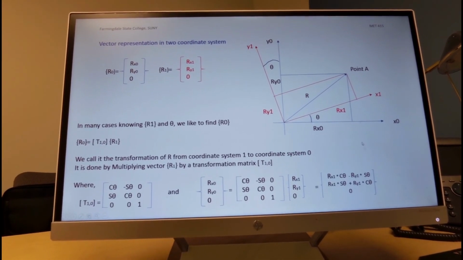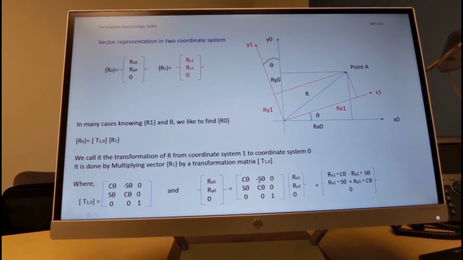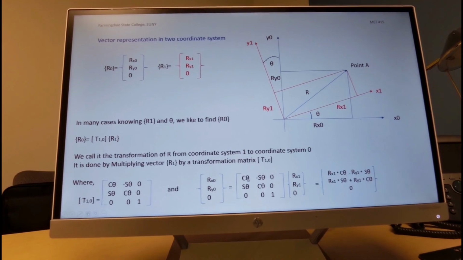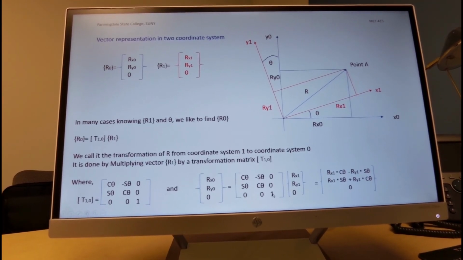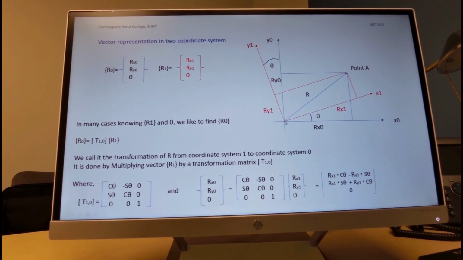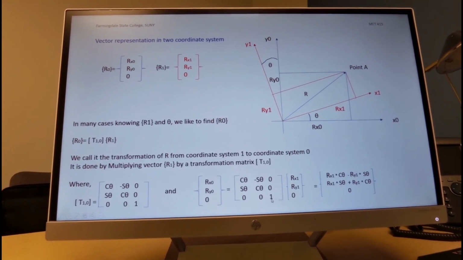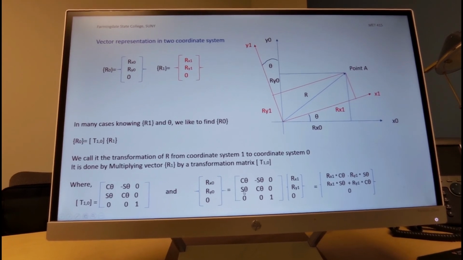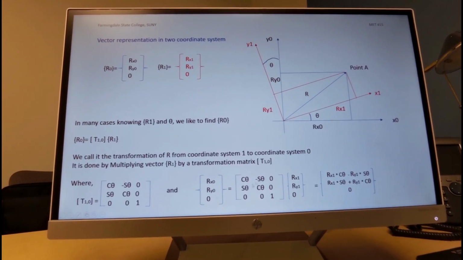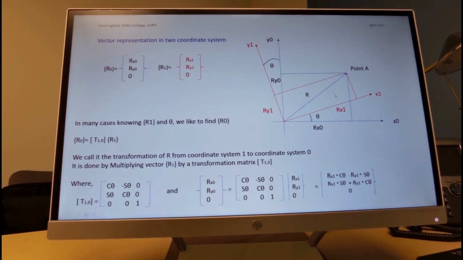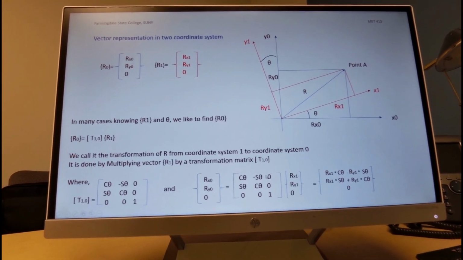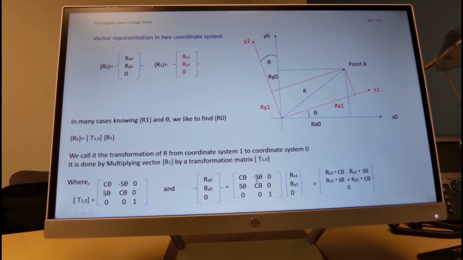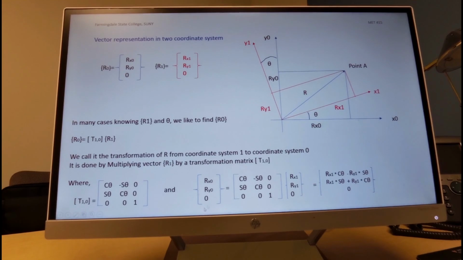So sometimes it's convenient to look at the sketch and figure out which are the signs. It's always cosine on the diagonal, 1 along the axis which is the axis of rotation, z in this case, and it is minus sine the angle and plus sine the angle depending on the direction of rotation, and you can use this sketch to figure out whether the sine has a minus sign here or here. So this concludes the presentation of coordinate transformation, which we'll be using in upcoming discussion.